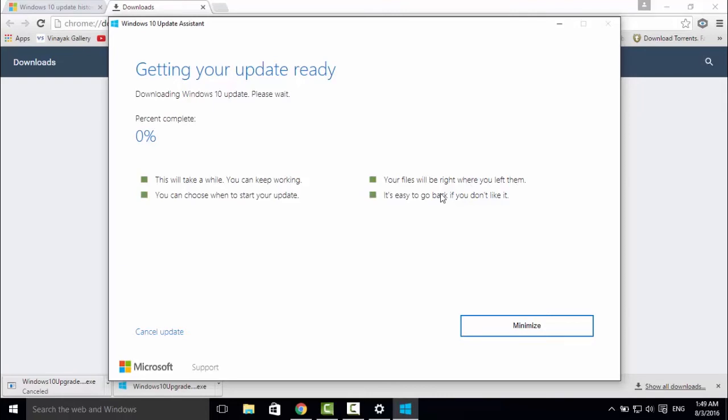So when we are updating this, our files will not be affected. You can choose when to start your update. So this means that we can set the time for installation of the new Windows update.